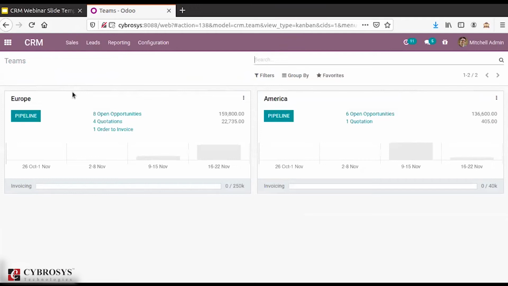Here you can also see the invoicing targets provided, and on different months you can see the classification done. New opportunity from 19 to 15 for the America sales team, 6 opportunities and one new opportunity. Like those classifications you can see from here, or we can create the sales team from this.